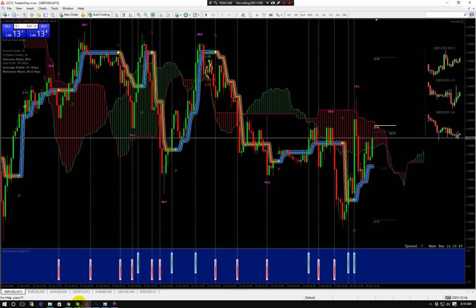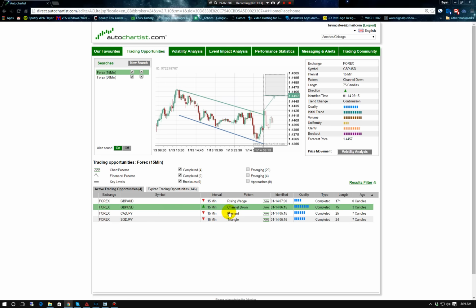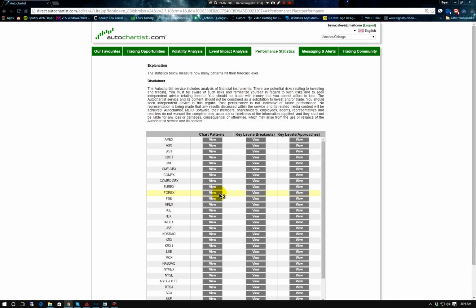Okay, so if we're looking at it now, how do you judge the quality of this signal? The mobile alerts give you the quality, but what we have is quality, initial trend, volume, uniformity. All that for me is blah, not really what I see. So we can go to performance statistics to check this type of signal. So it's channel down. If we go to performance statistics, and then we go over to Forex,